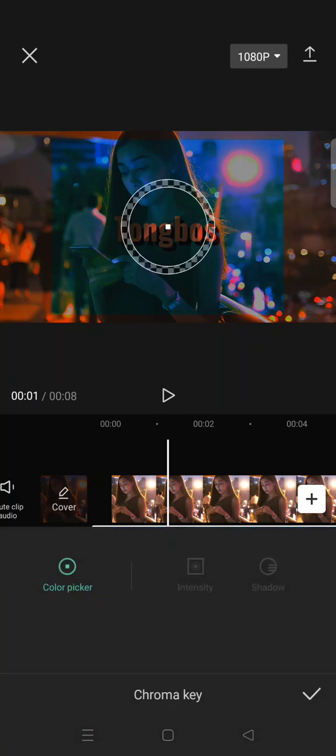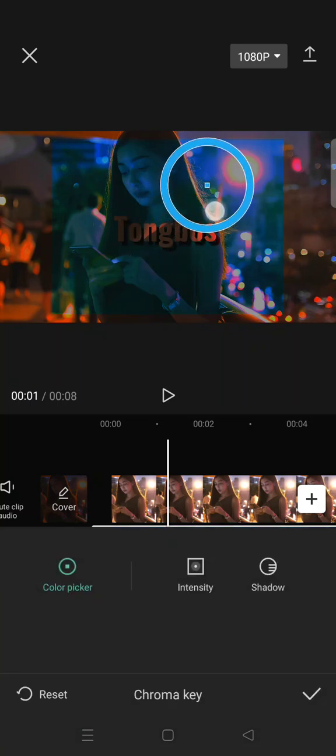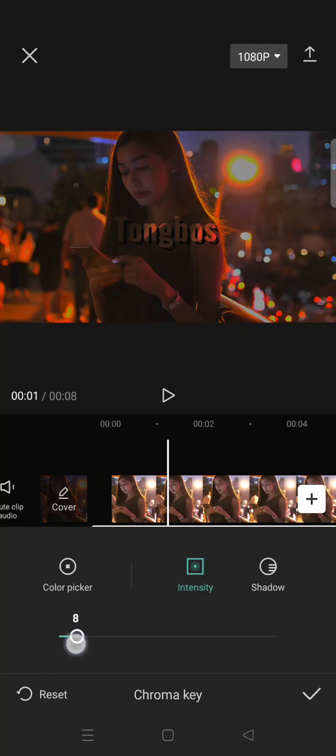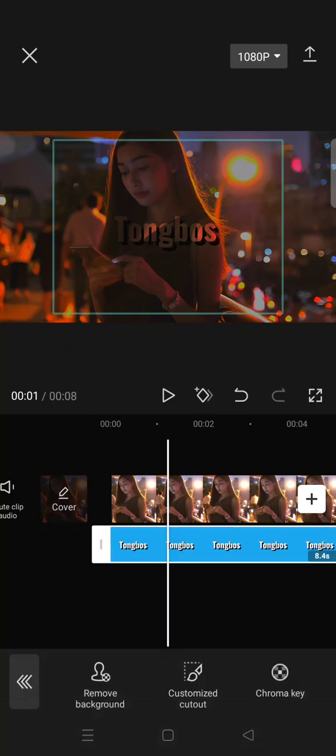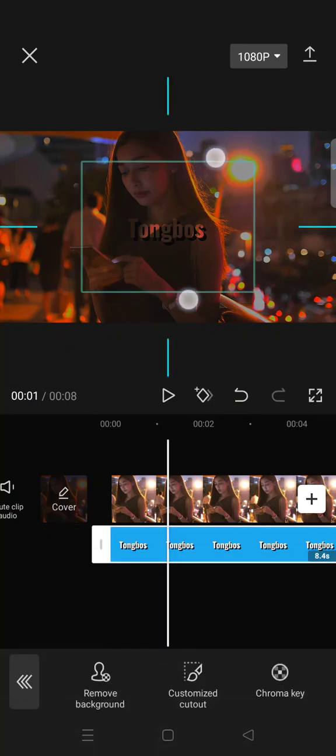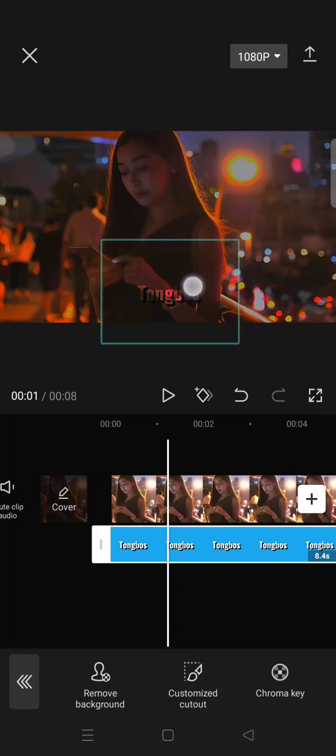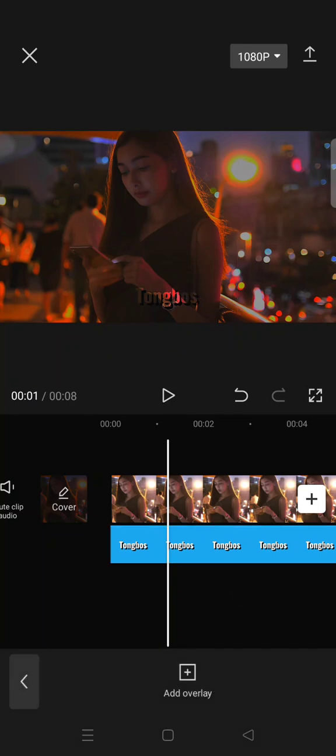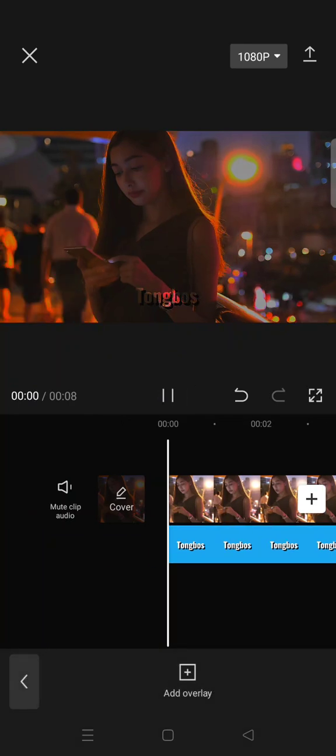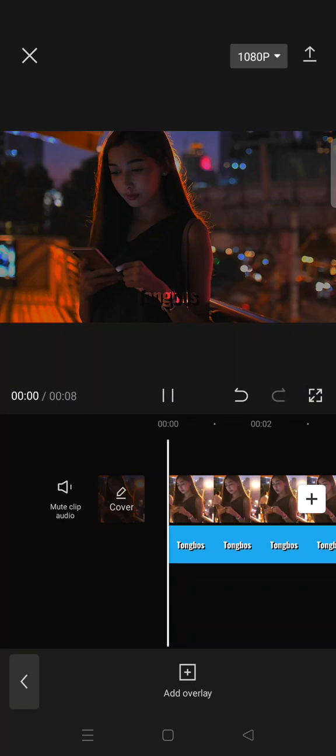Click on chroma key and drag the color picker into the blue color. Adjust the intensity to 8, and the shadow 100. Click on the check icon and resize it however you like. And also you can place it wherever you want. Okay, so here is how you can make the watermark with